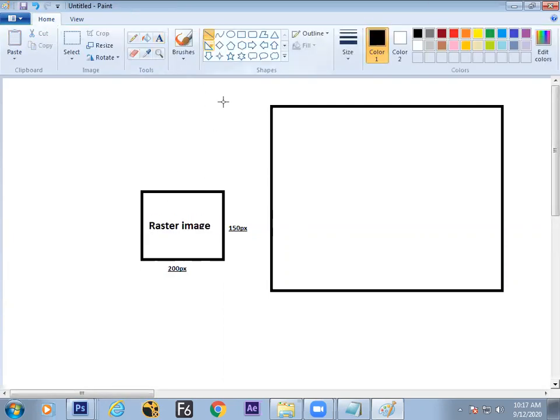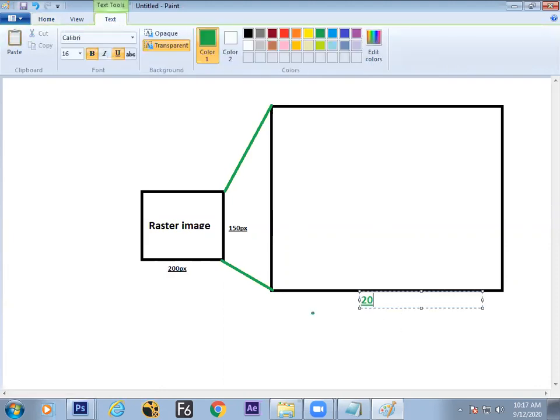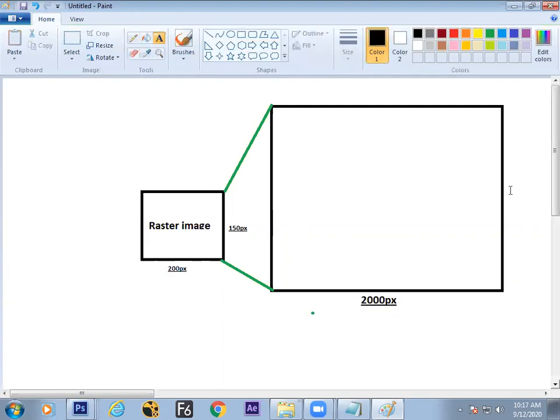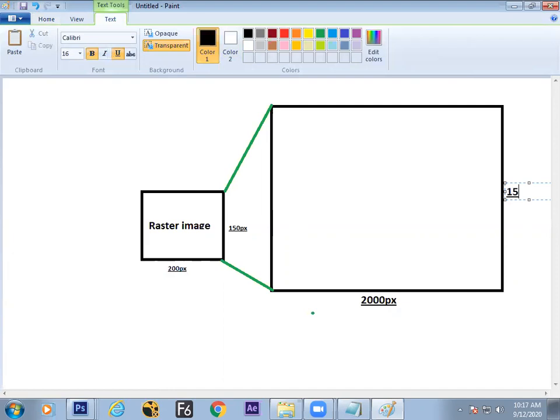If I want to increase this to a higher resolution, if I want to scale up, my new resolution will be, say, 2000 pixels by 1500 pixels. So I want to convert it like that.